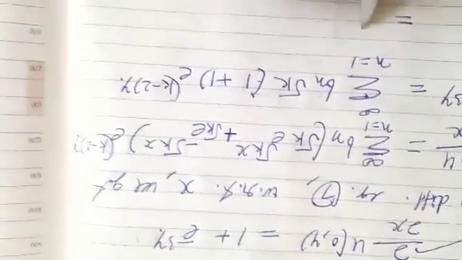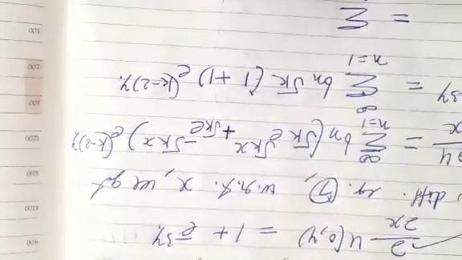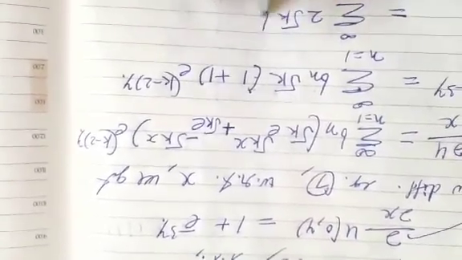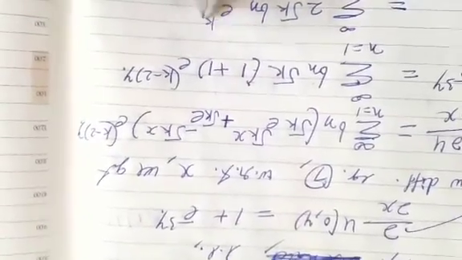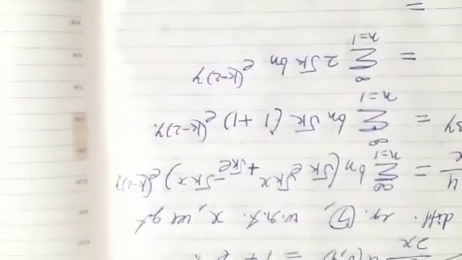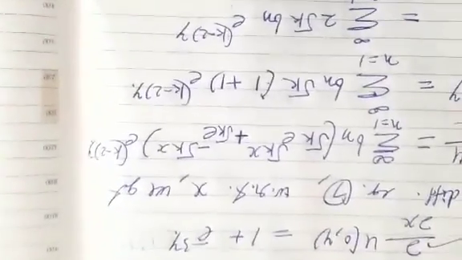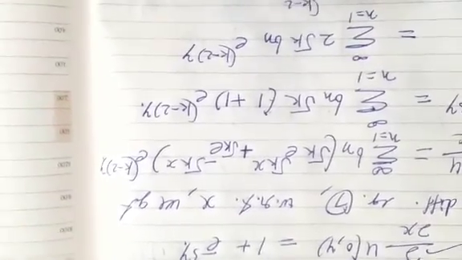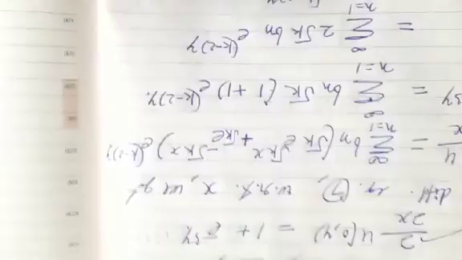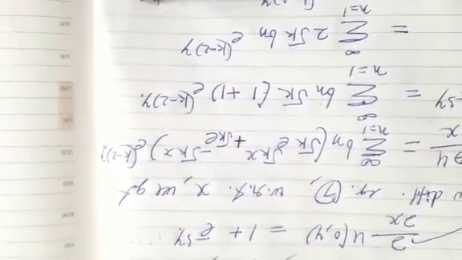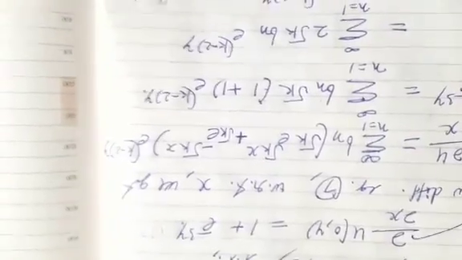So this way summation of n equal to 1 to infinity 2 times under root k bn e to power k minus 2 of y. Expanding this value for different values of n, we have 2 under root k of b1 e to power k minus 2 of y plus 2 under root k of b2 e to power k minus 2 of y plus, and so on, for different values